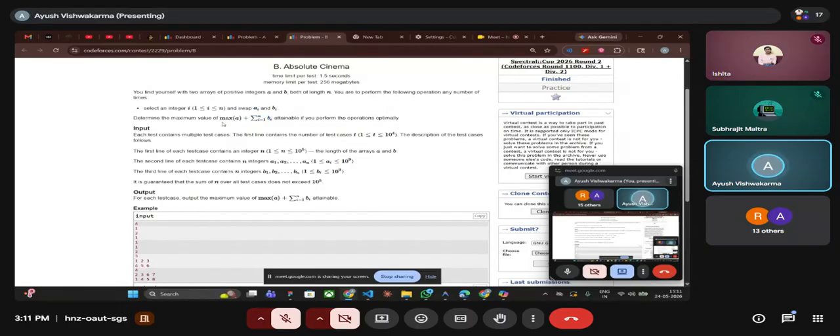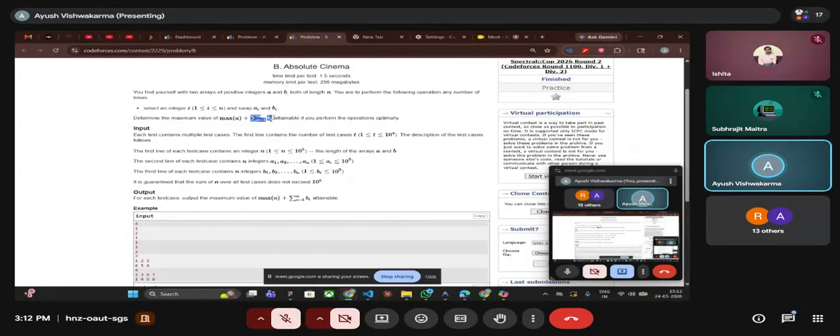So you have to first observe the function, that what you are doing in the function. See, you have to add all of the elements of the vector b, and whatever will be the maximum element in the vector a, if you can swap it with the minimum element of the vector b, then you will be able to get the maximum element for each position.